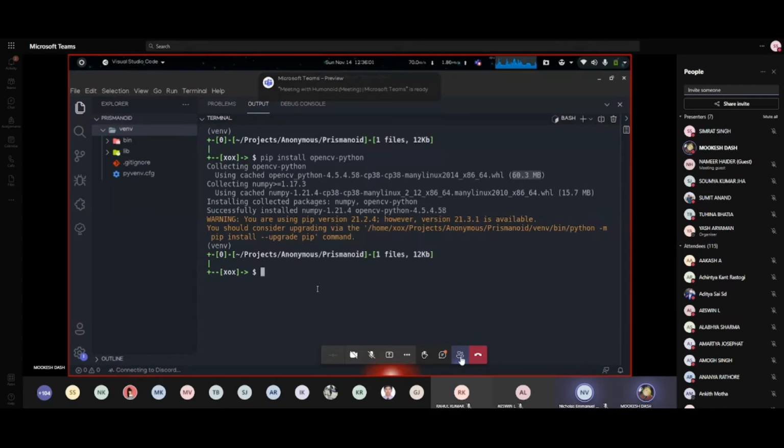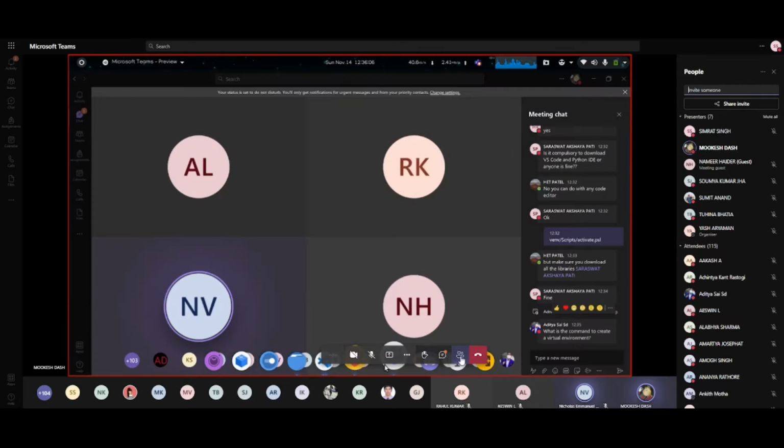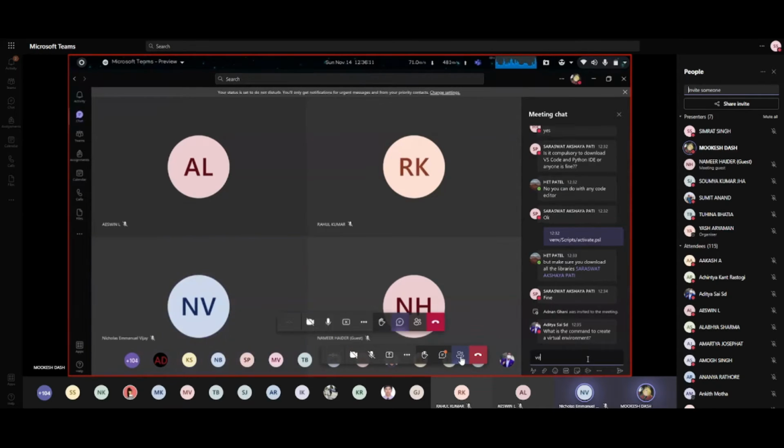Someone asked, what is the command to activate a virtual environment? Well, it is the name of your virtual environment, venv, then Scripts, and then activate.ps1.